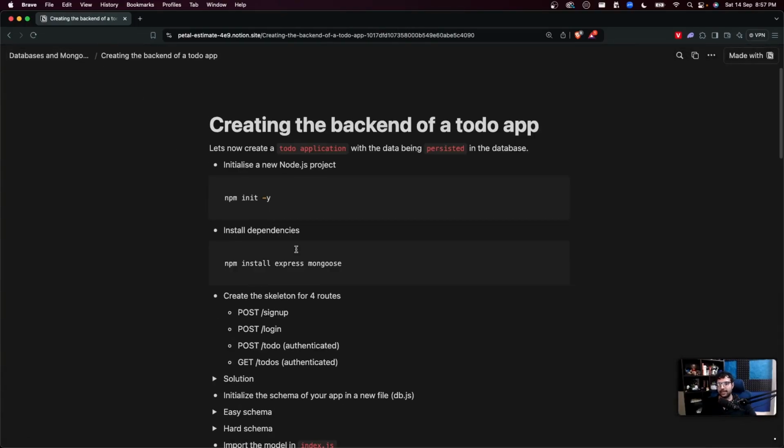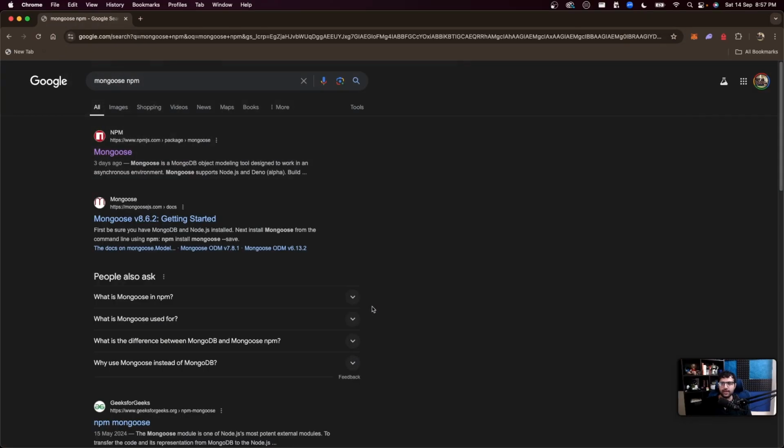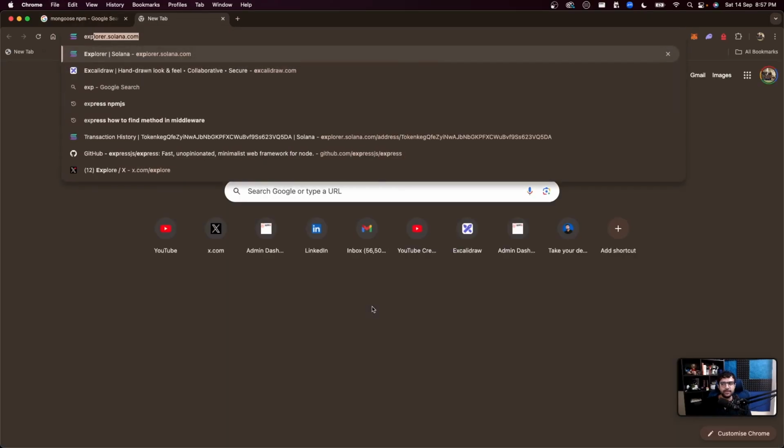Let's do that. Let's create the backend of a to-do application. This whole slide will take you through that. I would urge you to code along with me. I have put all the detailed steps here, so I think this shouldn't be too difficult. The thing to learn would be this external library called Mongoose. In fact, even before we start, I would urge you to read through the docs of this a bit. Okay, what is this Mongoose library? Just like we had used Express library until now,